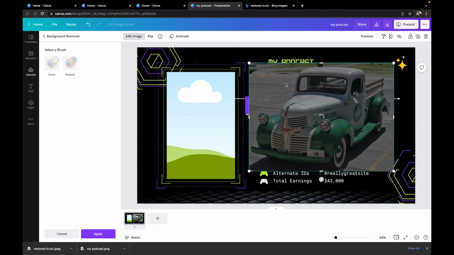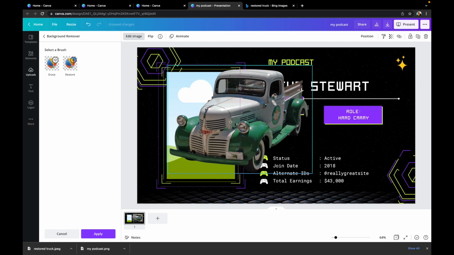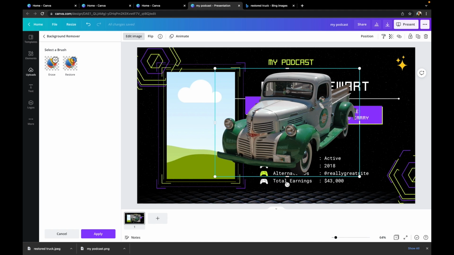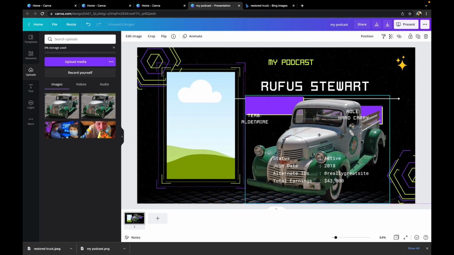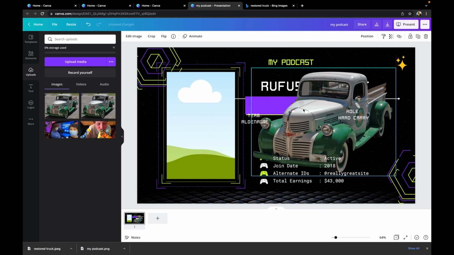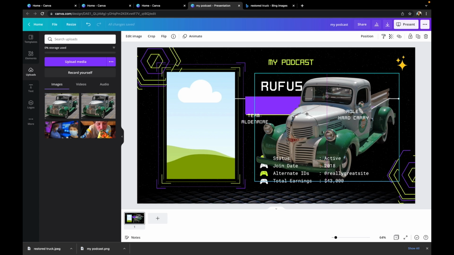It does this using artificial intelligence, and all of a sudden you now have the truck completely pulled out, almost to the point where it's pulled out the back window too. So that's a really cool feature. You could put in your own little road there. You call your podcast On the Road. Just thinking out loud here, but Canva is really a great